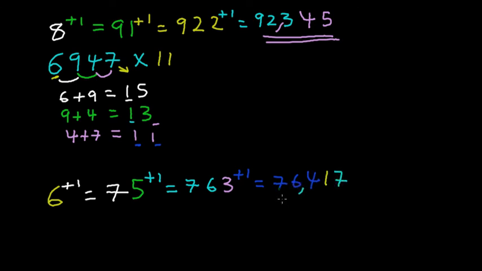So you can see how a longer calculation has really resolved into short steps like this. 6947 multiplied by 11, using these fast, quick steps, you get